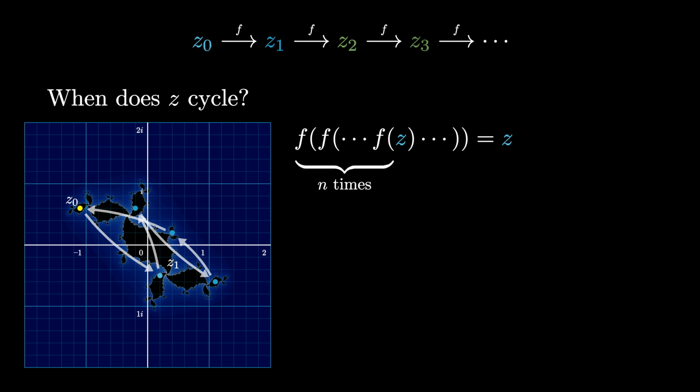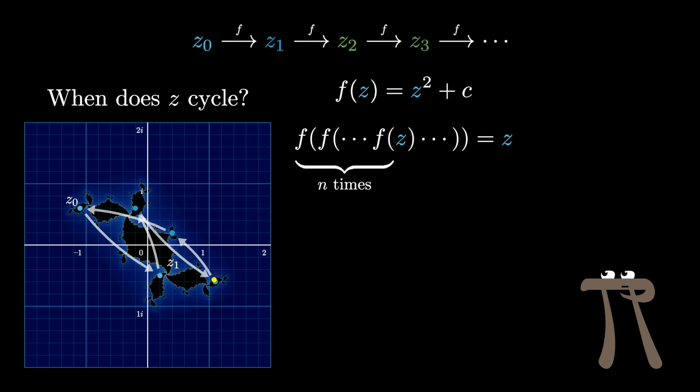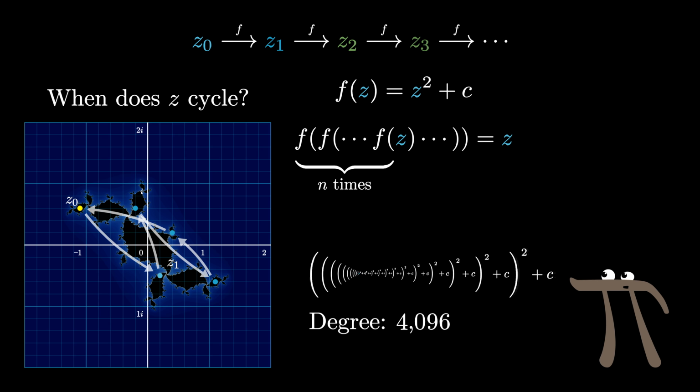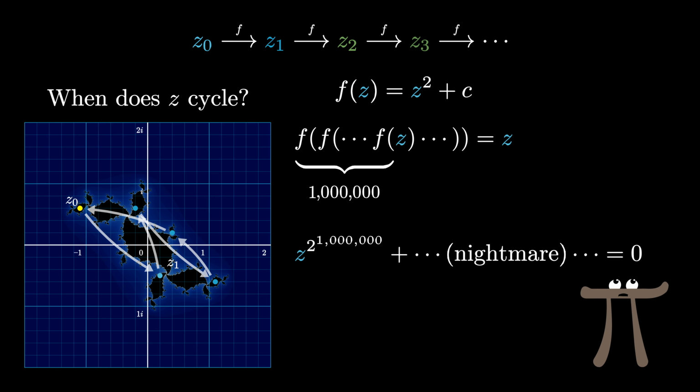The explicit expressions that you would get quickly become insanely messy, but it's still elucidating to ask, how many cycles would you expect based on this hypothetical process? If we stick with our simple z squared plus c example, as you compose it with itself, you'd get a polynomial with degree 4, and then one with degree 8, and then degree 16, and so on, exponentially growing the order of the polynomial. So in principle, if I asked you how many cycles are there with a period of 1 million, you can know that it's equivalent to solving some absolutely insane polynomial expression with a degree of 2 to the 1 million.